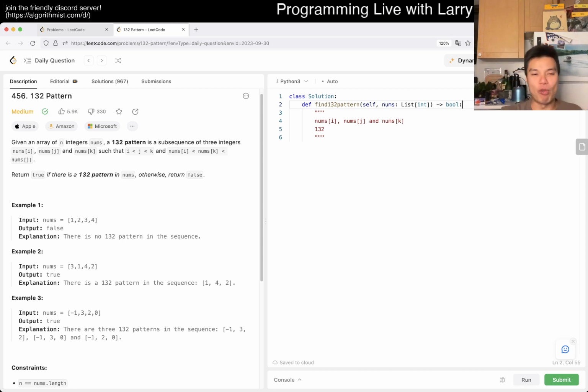No, so let's say we find a 1, right? What do we need? That means we want to find a number that is really big and then a number that's smaller. Or it doesn't have to be really big, but just bigger than this one and then smaller. Conversely, I don't know. That's easy. I think another way to think about it is, I don't know if there's a way to do it with the 1. I think with the 2 is also similar in that I don't know if there's any way to do it, because